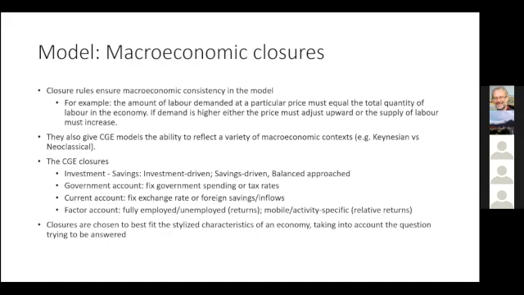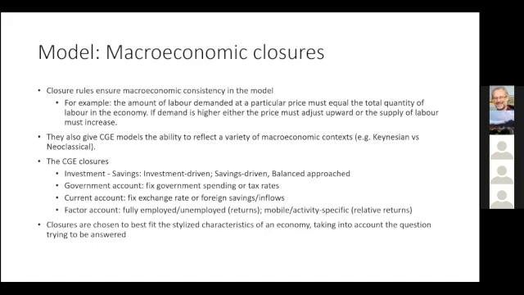You can choose from the available closures whether investment is savings driven or whether the level of investment drives how much saving takes place in the economy. And then there's also the option to have a more balanced approach where you fix investment to some share of